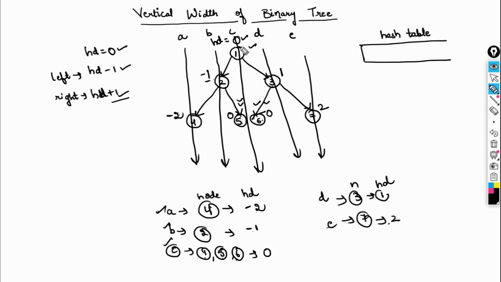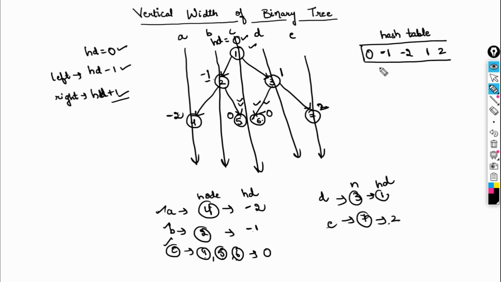So what I'm saying is when you are at 0, insert the 0 here, right? Now when you are at -1, insert -1 because -1 is not present inside the table. When you go to -2, insert -2 here. Okay, you return back, you come to the right side, it is 0. So 0 is already present, so don't push 0 again, right? Okay, so you return back, this is 0, then this is 1, right? 1 is not present, so push 1 here. Okay, then come to the left side, it is 0, 0 is already present, then return back and come to the right side. Now on the right side, this 2 is not inserted, so insert 2 here, right?